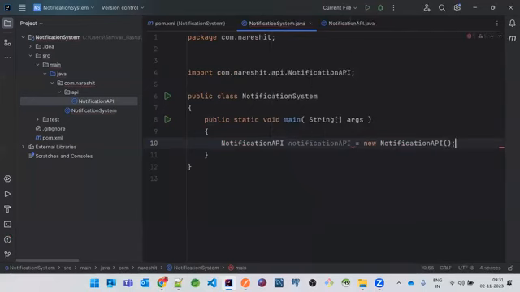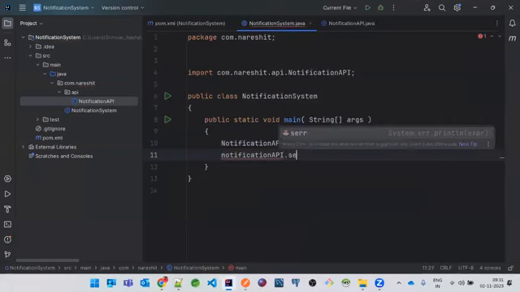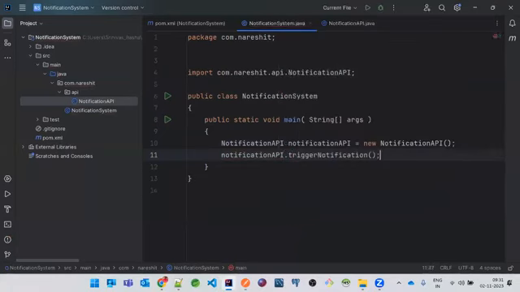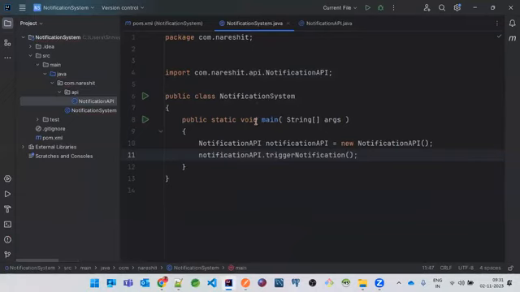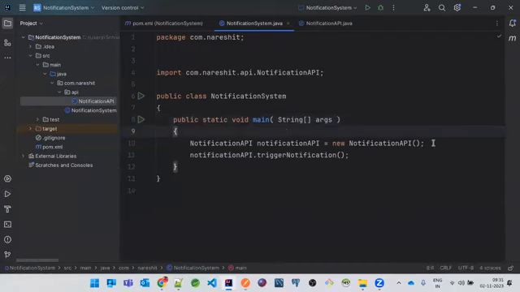Notification API, and then we can call notificationAPI.triggerNotification. That's it. Now I can just run this application, and probably this will print out a sysout in the console. Okay. Now let's see how Spring Framework is going to